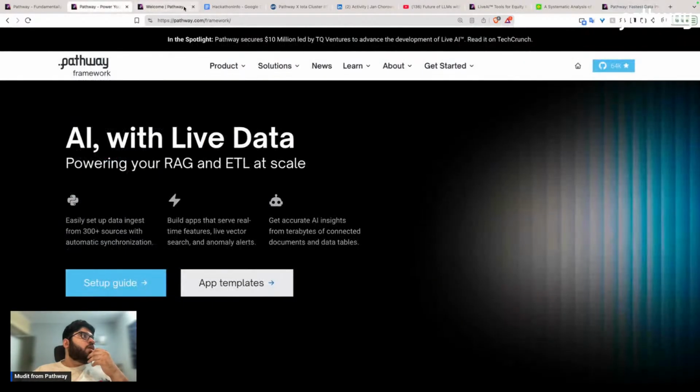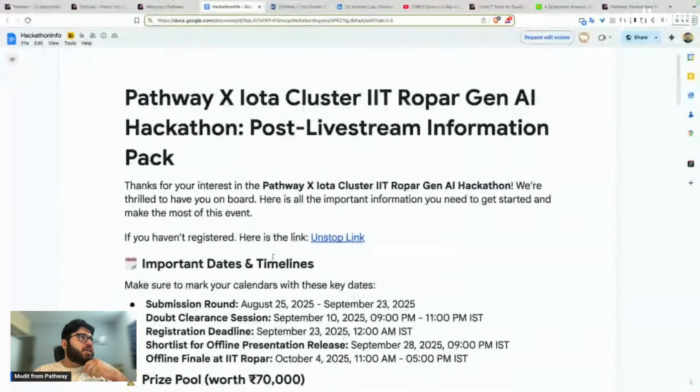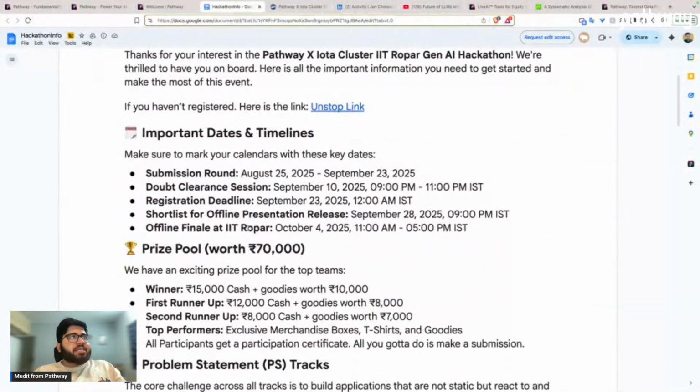Now I'll simply go to this hackathon problem statement. So, important dates and timelines. Right now, the submissions are ongoing, and they will be ongoing till September 23rd. We are in the submission round right now. There's a doubt clearing session that will be organized by my colleague Saksham, who will be coming and taking it. There's a registration deadline that is out there. The offline presentation shortlist will be listed on September 28th. You obviously need to complete this process to be able to get shortlisted for the offline presentation, which will happen